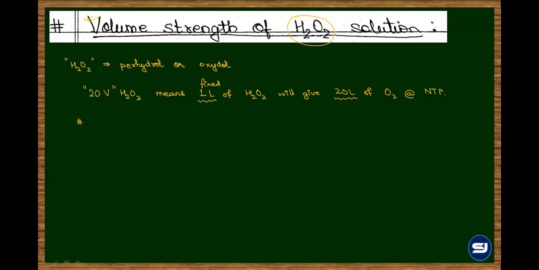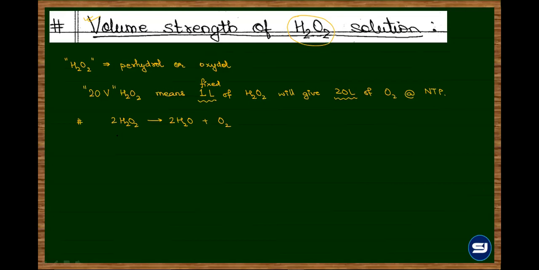Yes, sir. Okay. So now hydrogen peroxide decomposes to give water and oxygen. If I balance it, it is twice H2O2 giving twice water and oxygen. Balanced hai? Yes, sir. Now, for this volume strength, there are many questions which can come. You could be asked for 20V H2O2, what is the molarity, what is the normality, what is the strength of the hydrogen peroxide. अब ये सबको solve करने का एक method है and that is very very simple. Just observe.